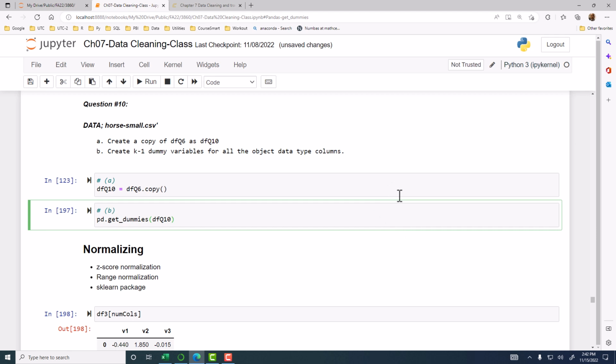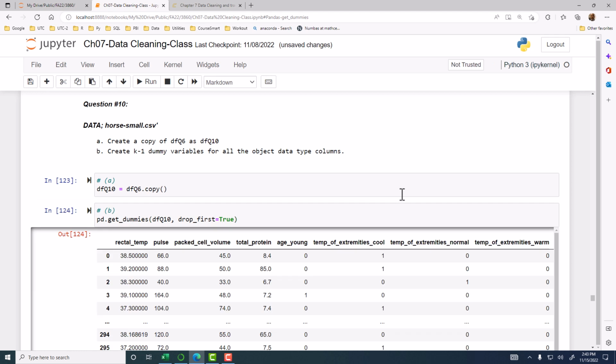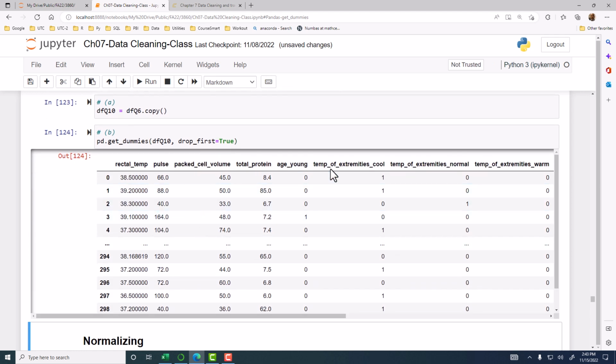Okay. So now we want only k minus 1 dummy variables. So we have to say drop_first is true. Okay. So then it gives us